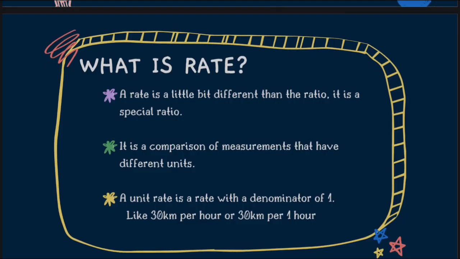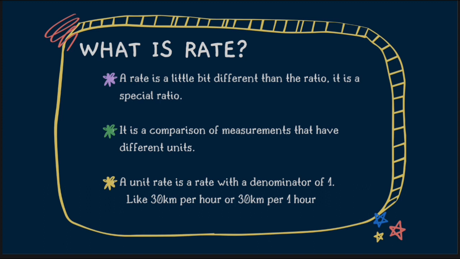Next, what is rate? First, a rate is a little bit different than a ratio. It is a special ratio. Second, it is a comparison of measurements that have different units. Third, a unit rate is a rate with a denominator of 1, like 30 km per hour or 30 km